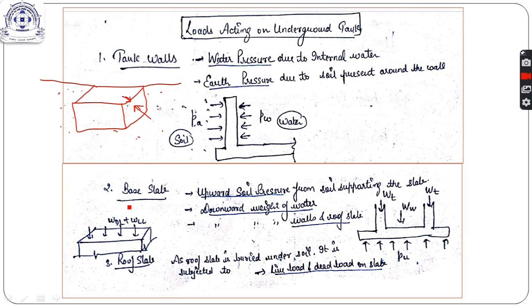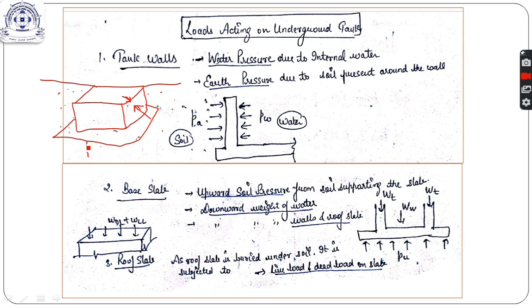Now we move on to the base slab. In the previous case of tanks resting on ground, we were designing the base slab for a minimum amount of reinforcement and minimum thickness, but we cannot do the same here. What is the reason for that? In the underground tank, as you can see, the whole of the tank is buried inside the soil, so it is totally surrounded by the soil. So the bottom slab or the base slab of the tank is also acted upon by the soil pressure from below, and its tendency will be to uplift